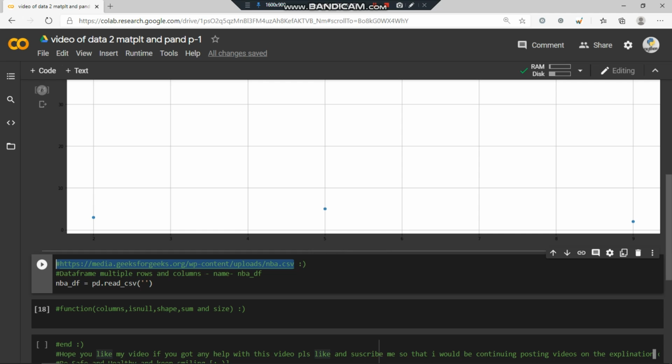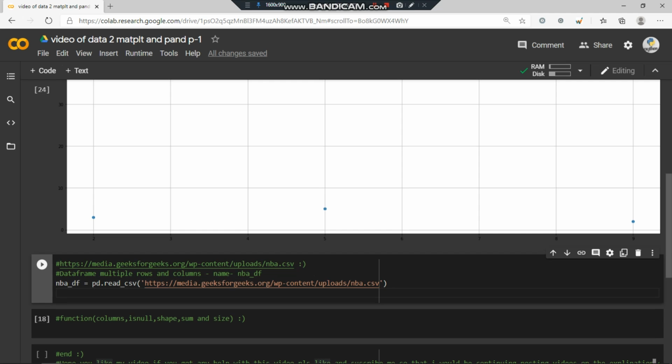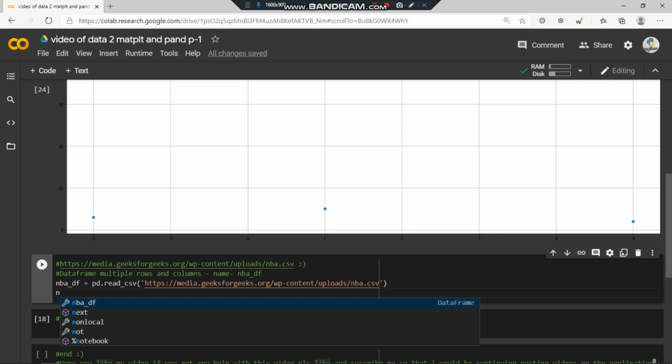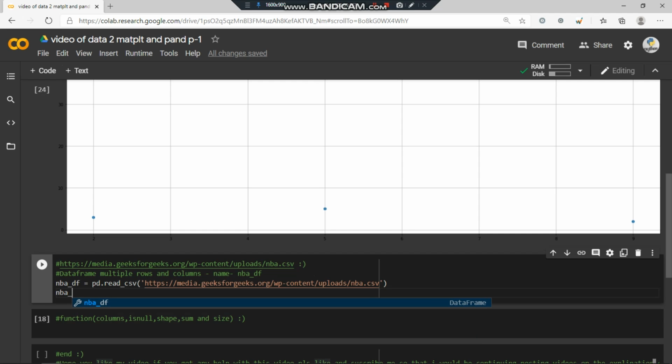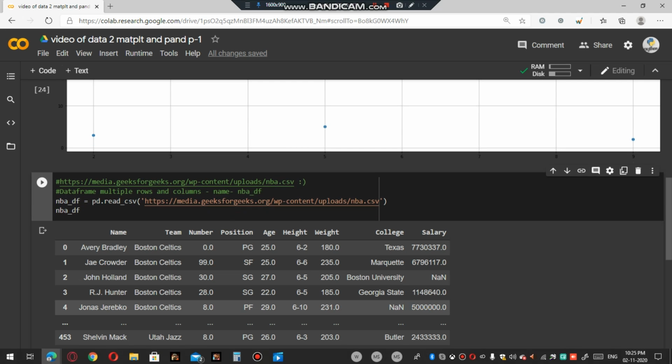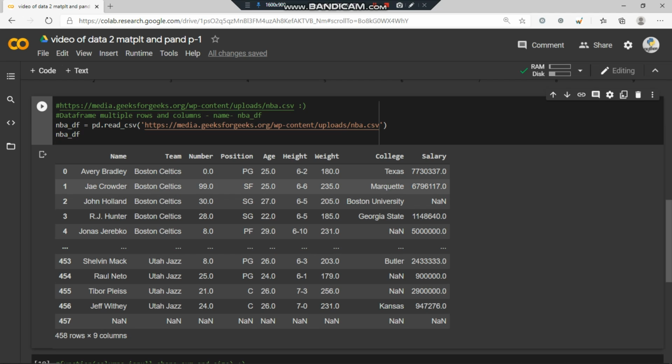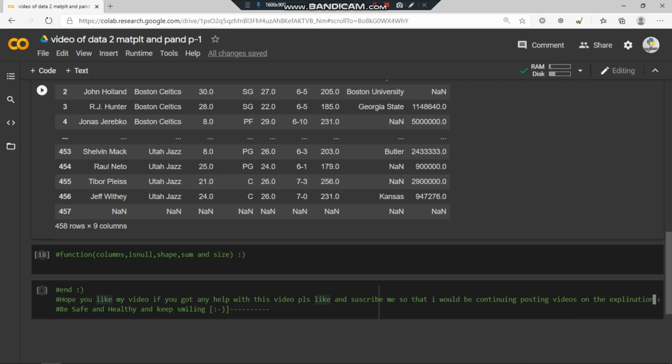And now I'm simply going to put the file name in it, and it should be in inverted commas, double or single, it's okay. nba_df. So now my NBA data frame is created, as you can see. Yeah, Avery Bradley, Jae Crowder and all. So now, how we can use the function.